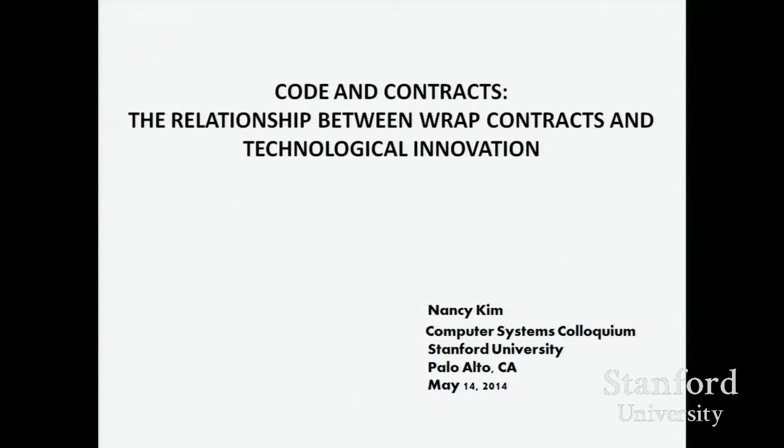Some of you might be wondering, why are we talking about contracts in this class? This is a computer science colloquium and not a law school class. Well, contracts, in case you haven't noticed, control pretty much everything you do online. Not only that, they control pretty much everything that has to do with software, which is kind of strange. And the reason is by design. It's by design of software companies as well as their lawyers.